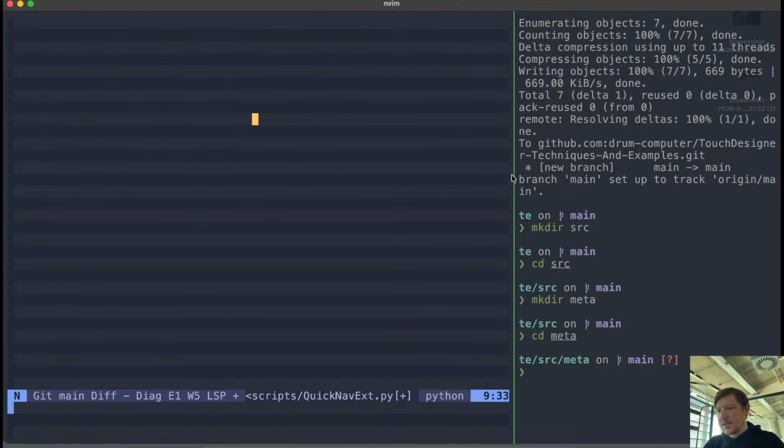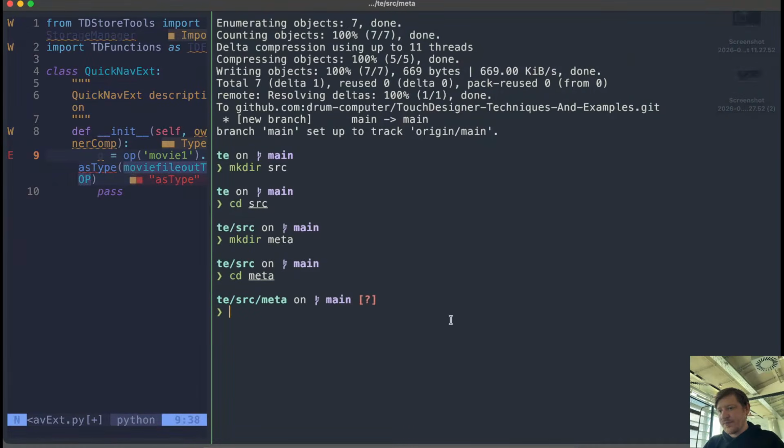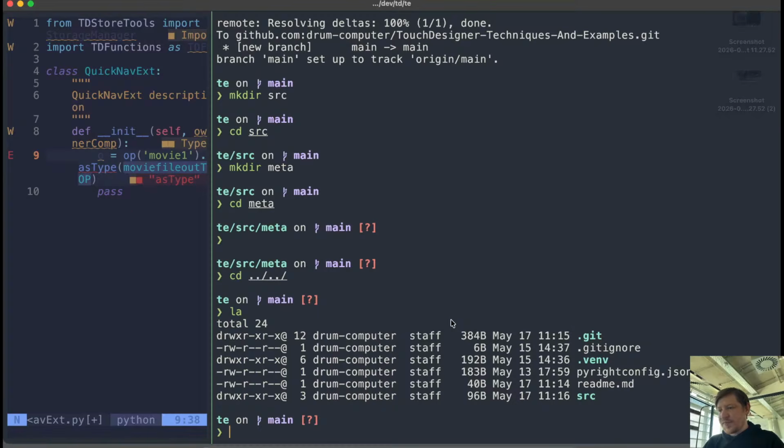It was like this. I had to create, so let me go back. I had to create what's called a virtual environment, and I had to give it a path to the TouchDesigner version that I'm going to be using, right? That is shipped with TouchDesigner. So you do it by saying,